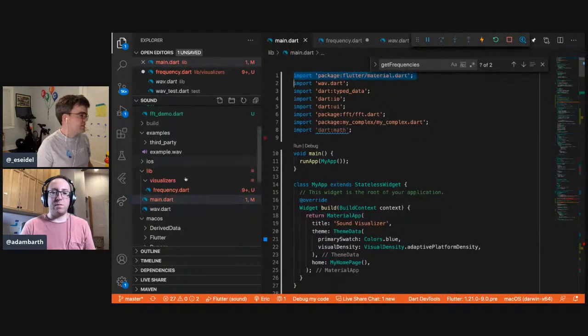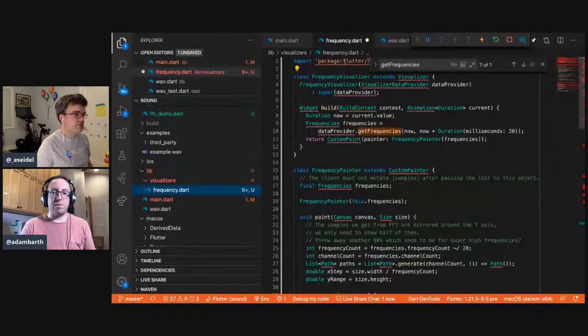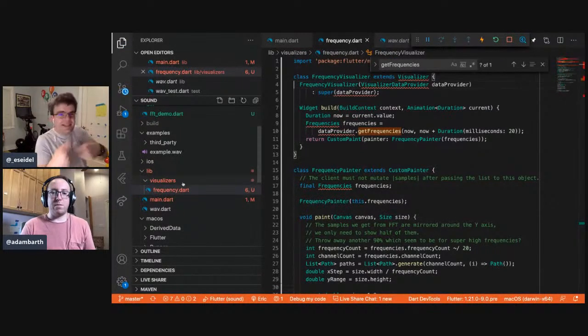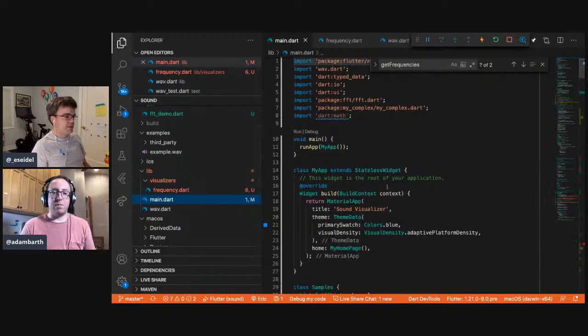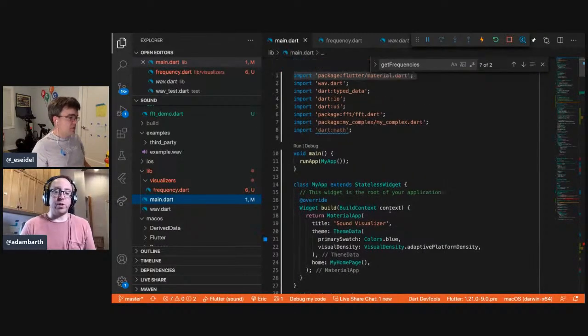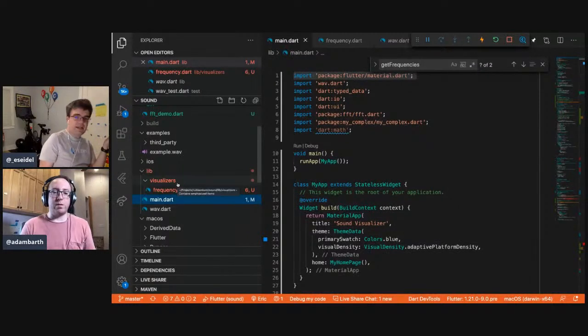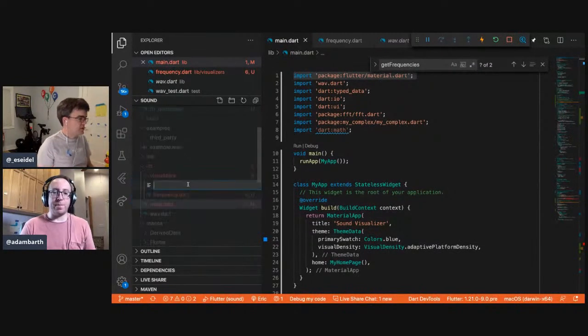It probably doesn't actually need material. I'm trying to make this possible for someone following along at home to participate in, if they want to. So I might make a common.dart in the Visualisers directory. Or just API. Yeah, sure.